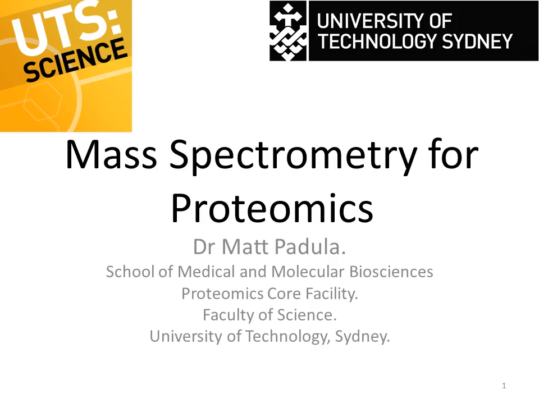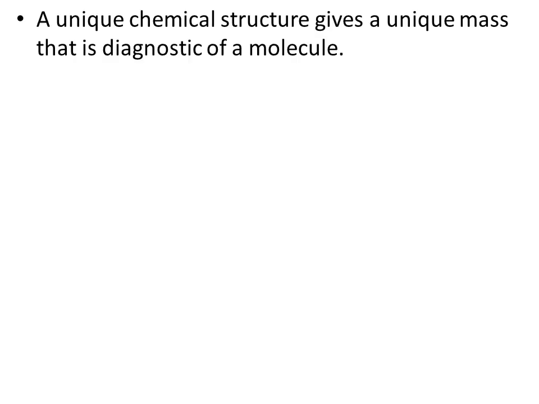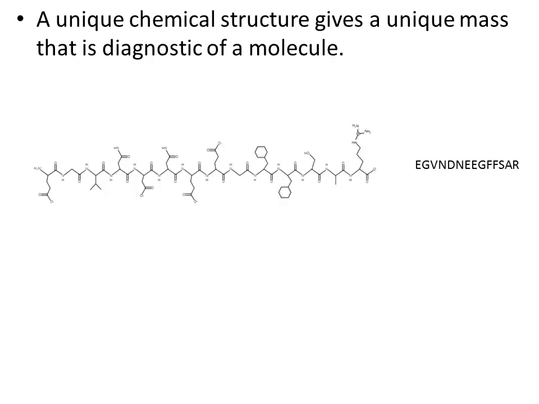The previous presentation showed how mass spectrometers work, but why is the mass of a peptide important? As mentioned at the start of the last presentation, a unique chemical structure can have a unique mass that is diagnostic of the molecule or structure. Peptides can have a unique sequence of amino acids, and thus a unique structure, such as this one for glufibrinoleptide